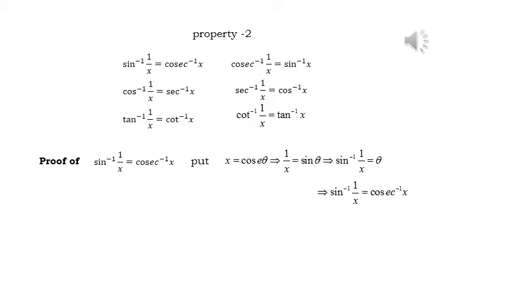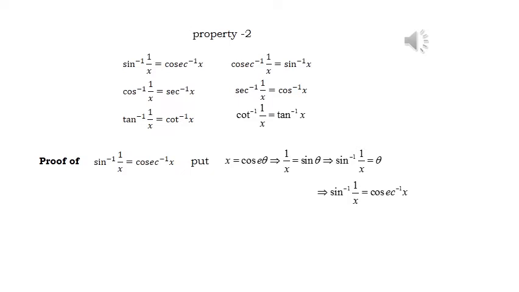The second set, cos inverse of 1 by x is secant inverse of x, or in the reverse direction, secant inverse of 1 by x will be equal to cos inverse x. So the third set of property, that is tan inverse of 1 by x equal to cot inverse of x. If we look at the same property in the reverse direction, cot inverse of 1 by x is tan inverse x. So to avoid confusion over the property 2,